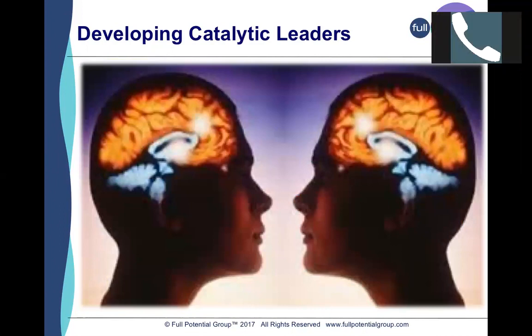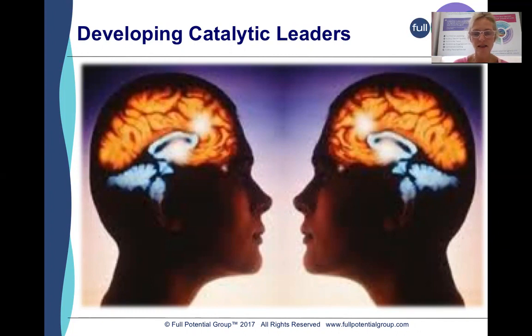So the first thing is, what are catalytic leaders? Catalytic leaders are leaders for us that are real change agents in an organisation. It's not a hierarchical type of leadership, so it's not necessarily leaders at the top of the organisation, or they might be, but it's more a mindset that people in any leadership position throughout the organisation can have, that can create a lot more agility in the business.